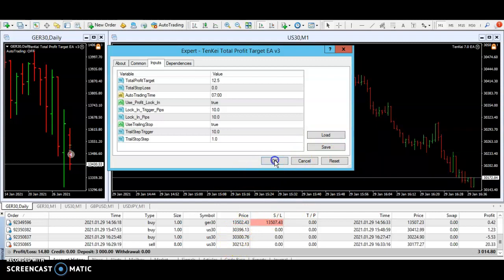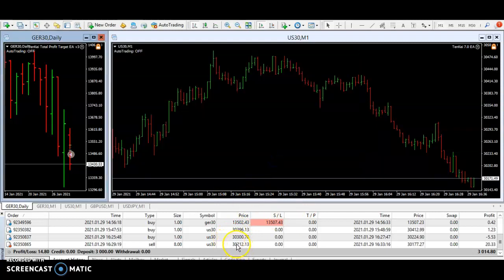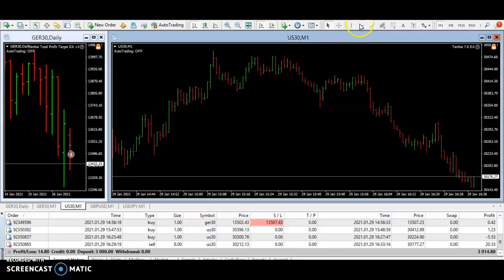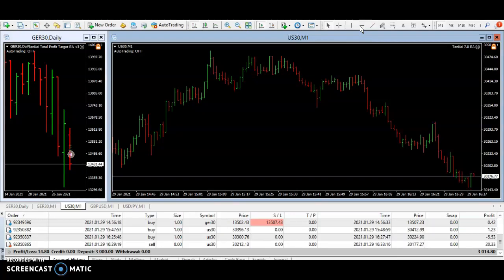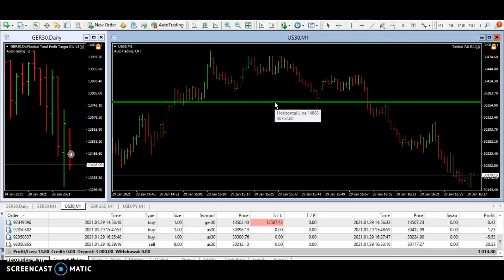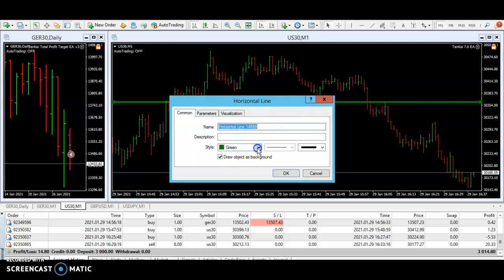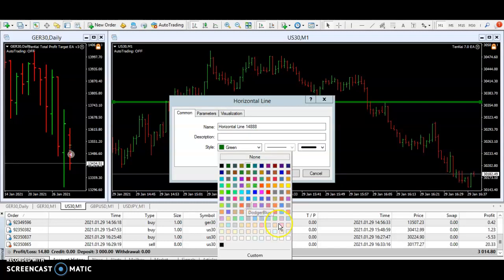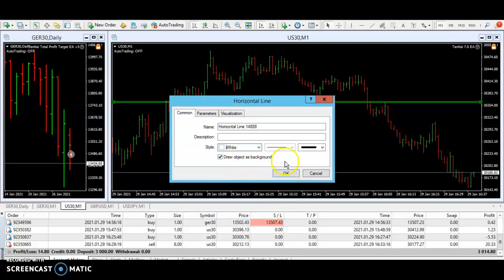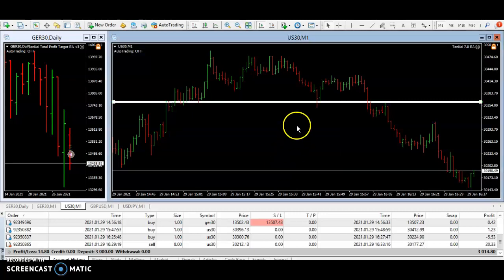let's close this down a minute. All right, watch this. I'm going to click, make sure we got this chart checked. Click on the horizontal line. Click here. Green. It doesn't matter about the color. Let's put this to white for the trade itself. Draw object in the background. That's background, yes. So we got in at,